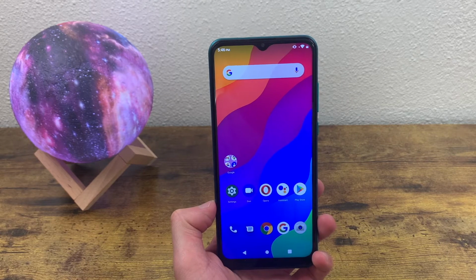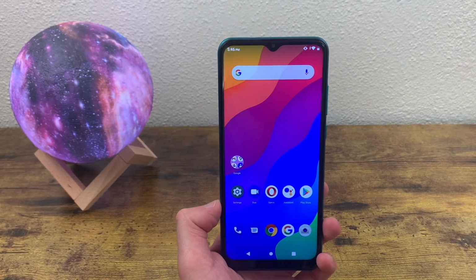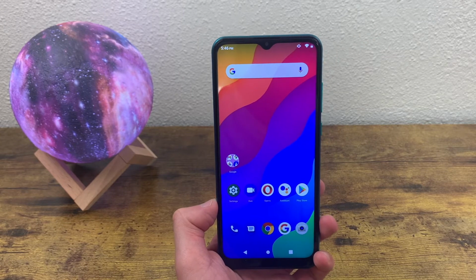In this video, we're going to be taking a look at the BLU G50 Mega. I'm going to be going over everything you need to know to help you decide if this is the right